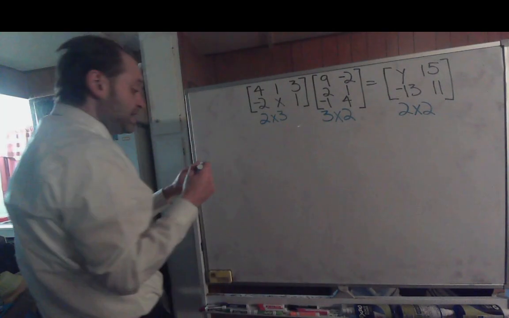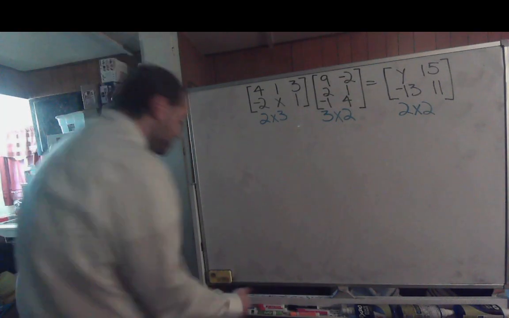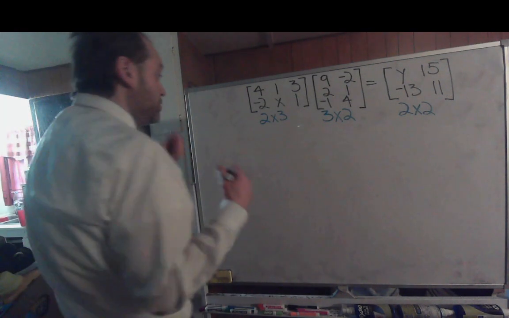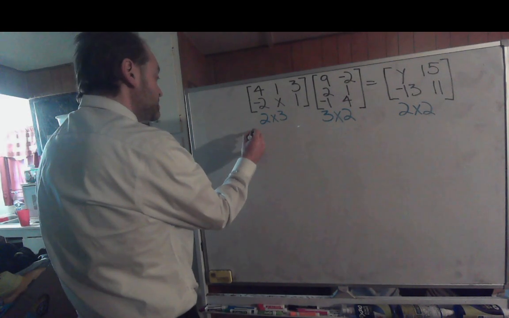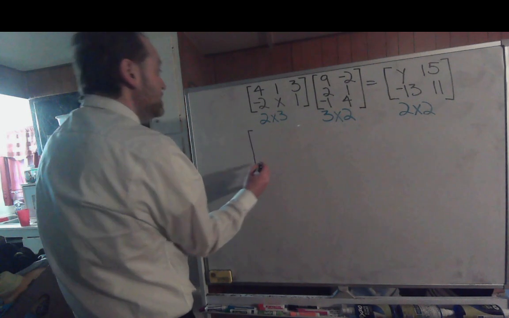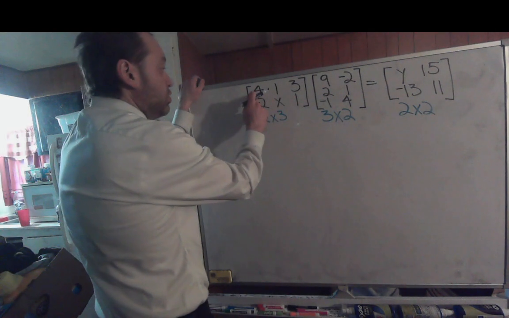This all checks out. So we know the multiplication is good. Now we just need to actually do it, figure out what it is. So we're going to get a 2 by 2 matrix. So what you're going to want to do now, take the first number in the first row of the first